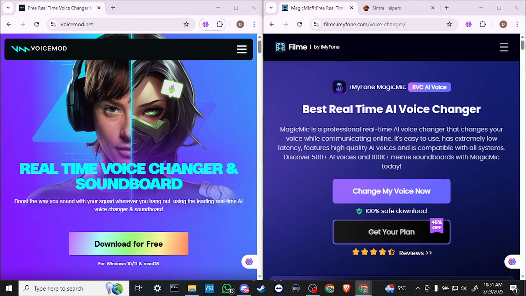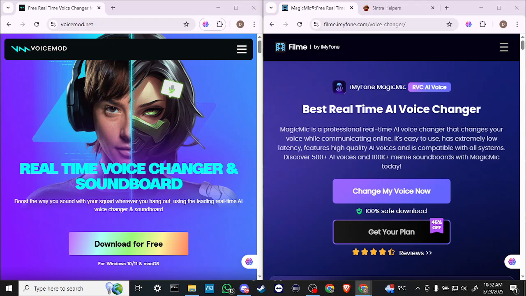Voicemod, the focus is a voice modulation software offering a variety of voice effects and profiles. The features include a wide range of voice effects, built-in voice profiles for different characters or scenarios, real-time voice changing capabilities, integration with various applications. The pros are it's good for creating a variety of unique and fun voice effects and user-friendly interface, and it offers a more traditional voice modulation experience. The cons: some users find the voice effects to be less realistic than MagicMic, and it also can be more